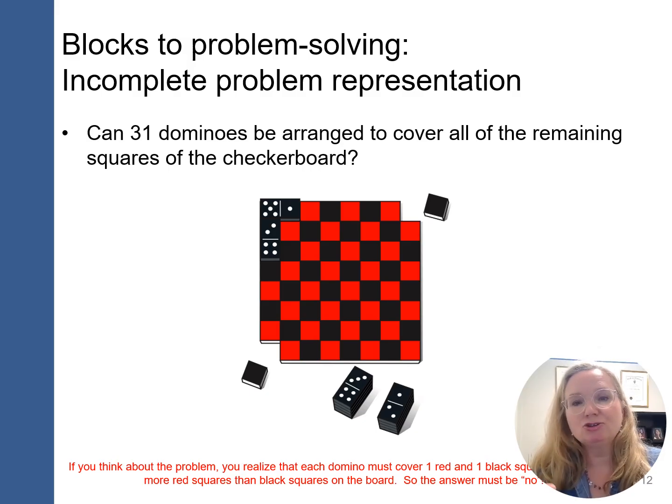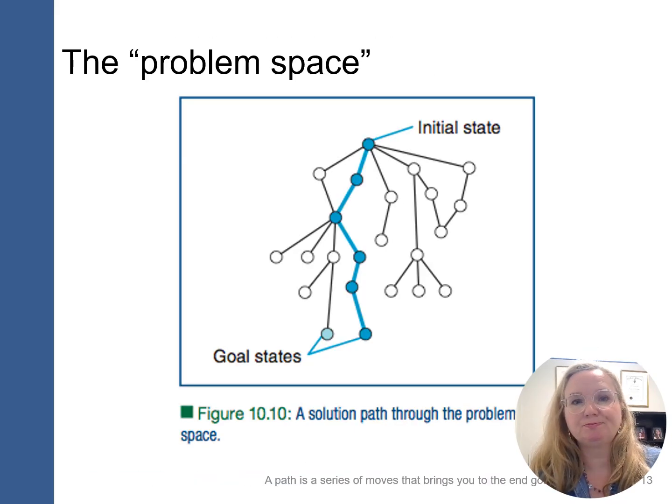And you try and think through, okay, well, a domino has these two sides and you're putting it on the checkerboard, will it fit? If you think about a domino, it will cover every red and blue, or every red and black square, so can you get them to cover the board? And the answer is no, because you'll have one odd square. So thinking about all the aspects of the problem can be helpful.